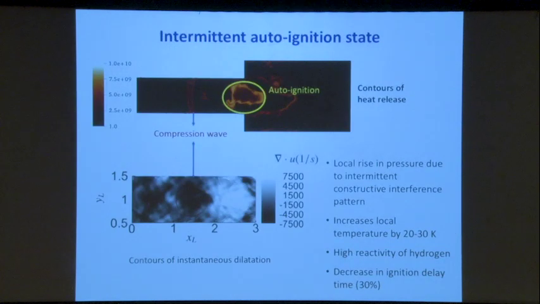So now let me go back to the problem with the intermittent ignition state, autoignition state. So once again, this is the heat release contours for autoignition, and we see these little sporadic heat release rate appearing upstream of where it's supposed to appear in the mixing chamber. And if we plot the dilatation locally there, we find that there is a